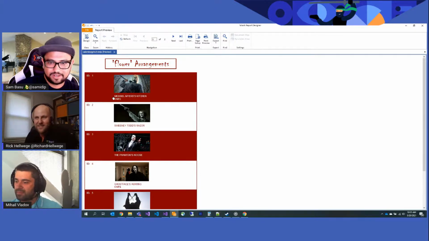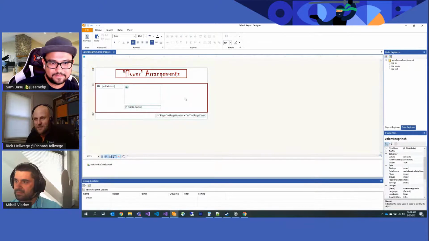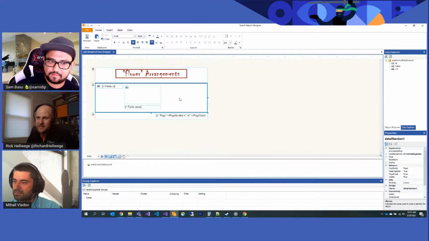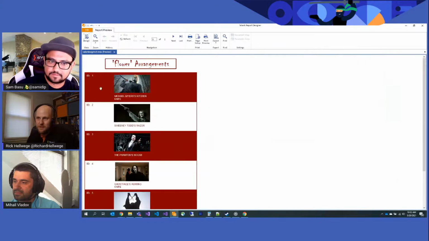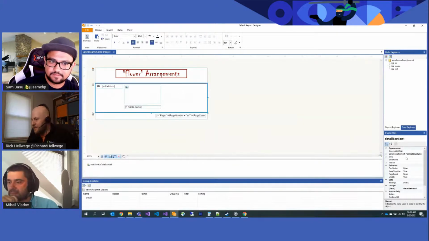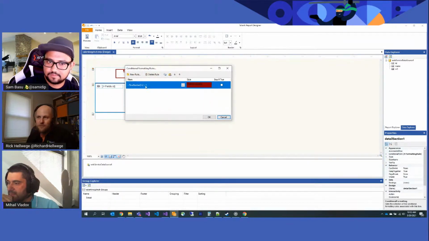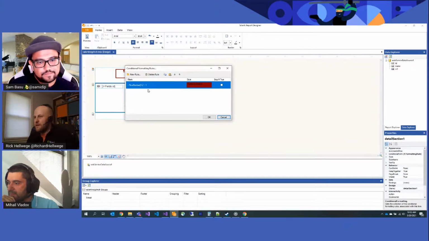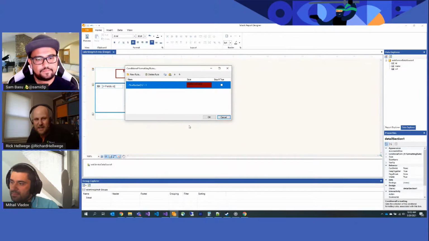How did you do the alternating colors? That's actually quite simple. Built into the reporting, you have the concept of conditional formatting. For pretty much every item can be conditionally formatted. So for the report itself, I selected the details section, which is that section in the middle that I wanted to change the coloring for. I went to my conditional formatting under appearance, and I created a rule. This is a rule style and stop if true, which, if you have more than one rule, determines whether it keeps cascading down or stops when it gets to the first true.